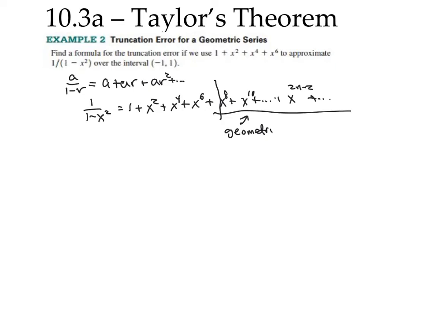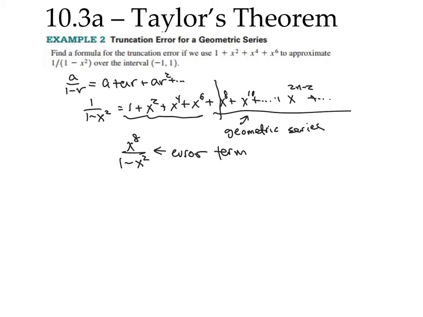a geometric series. And the value of the tail is, again, a, in this case, x to the eighth, over 1 minus r, or over 1 minus x squared. So this represents the error term. If I use just up to the sixth to represent the value of 1 over 1 minus x squared, the remaining piece is always within the interval of convergence exactly equal to x to the eighth over 1 minus x